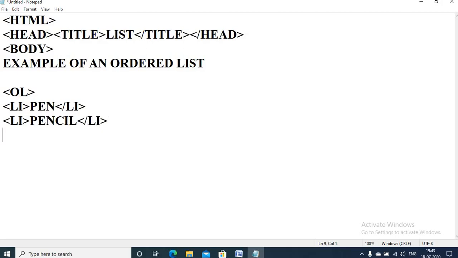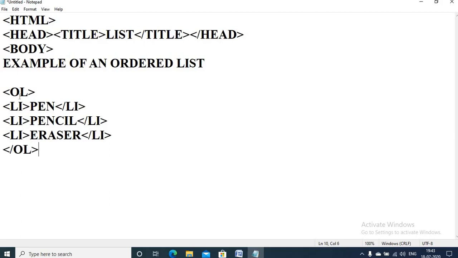As OL and LI both are container tags, we have to close the list items as well as the OL tag at the end after completing the whole list. Then close LI. After this, you have to close OL tag.